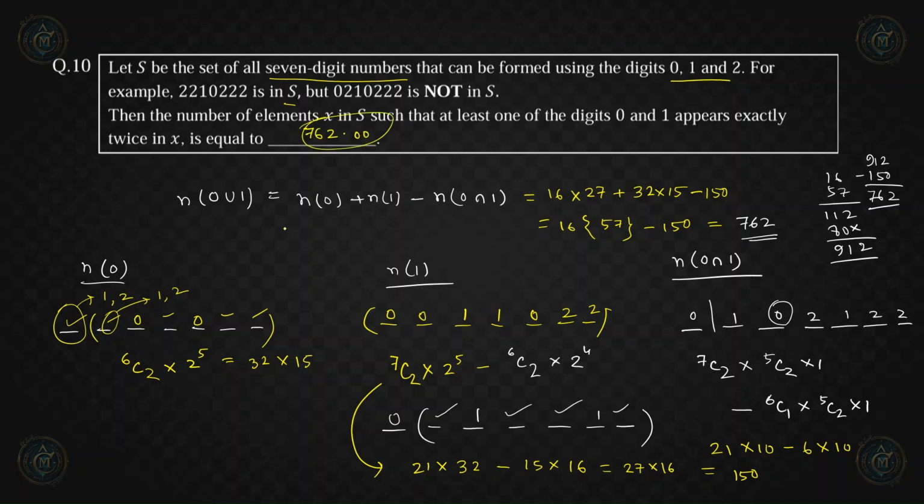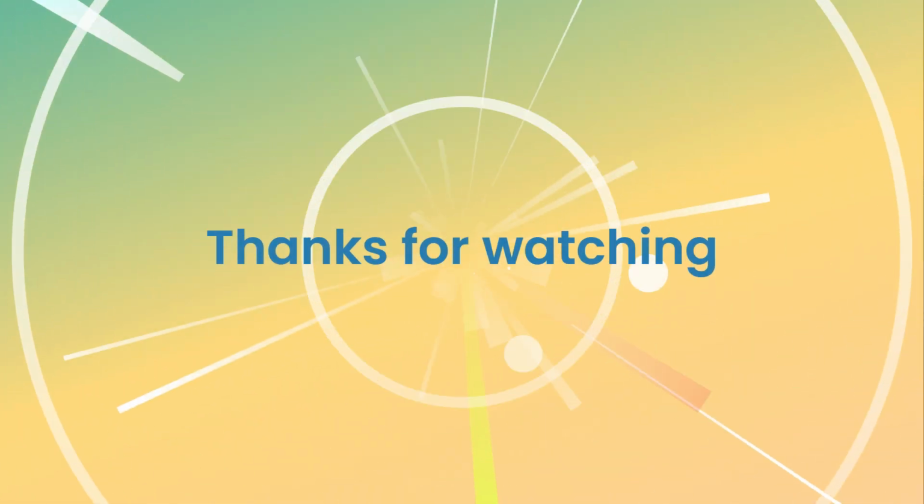So this was, we can see, a very good question on this formation of number. There was also a little bit of calculation involved here in the final counting. Okay, so we can see permutation and combinations. This chapter has a very good weightage in the paper one, right? So we have already seen, I think, 3 or 4 questions on this single chapter. So you have to practice a lot of questions from this chapter. Okay.